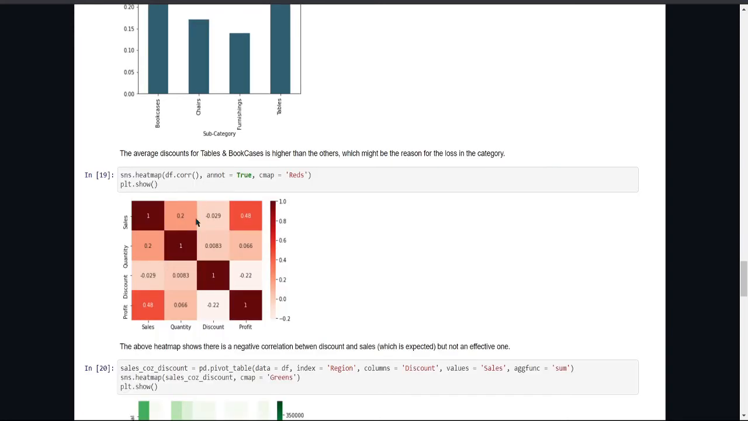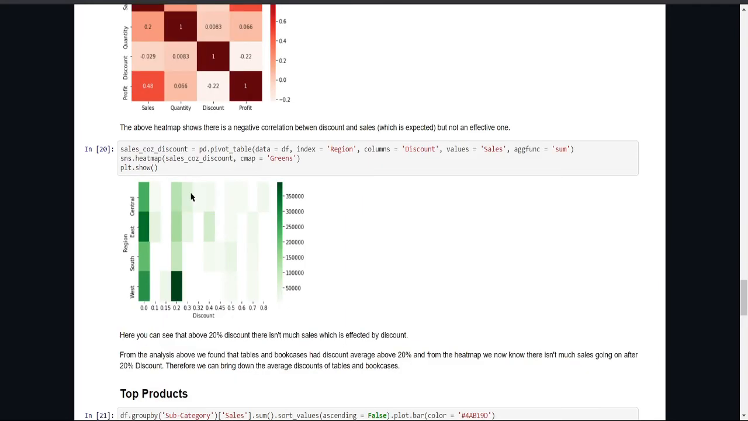Next, the correlation between various columns in the dataset. Here you can see that as sales increases, profit increases. After that, we move on to see whether giving more discounts will result in more sales or not. So as you can see here,